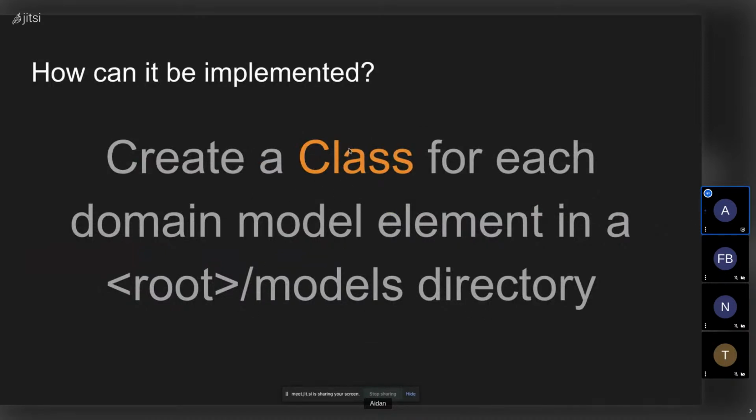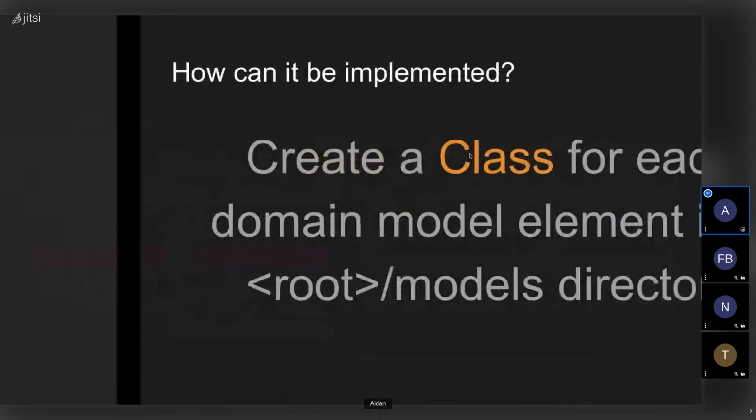So I know, in React, we've been moving away from classes. We've been moving towards functional components and hooks. And in a lot of ways, classes can be kind of aversive to people. But I'm thinking about this in a very simple way. We're not going full on object-oriented development here. We're just creating a list of things that we can identify individually that correspond to our domain. So let's see what that looks like.